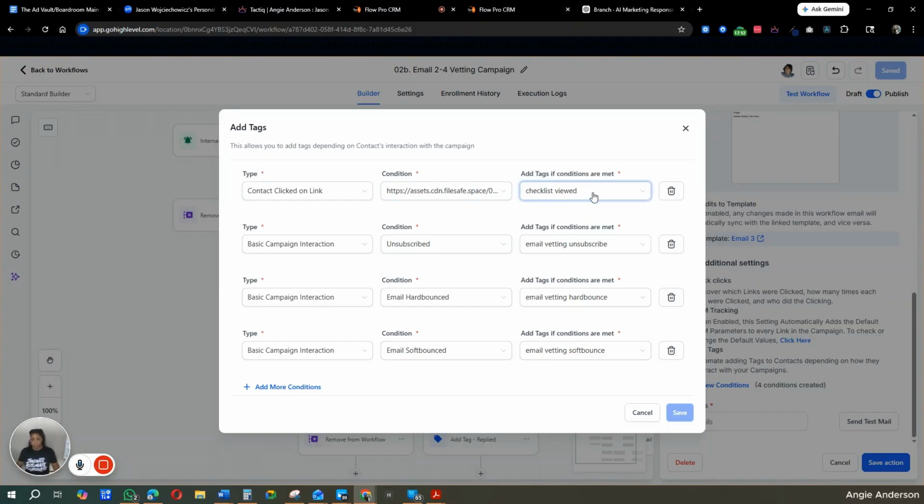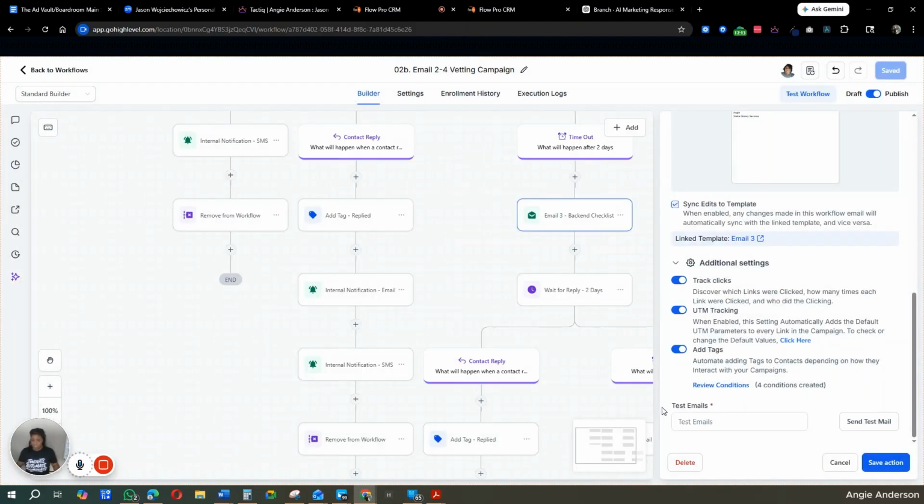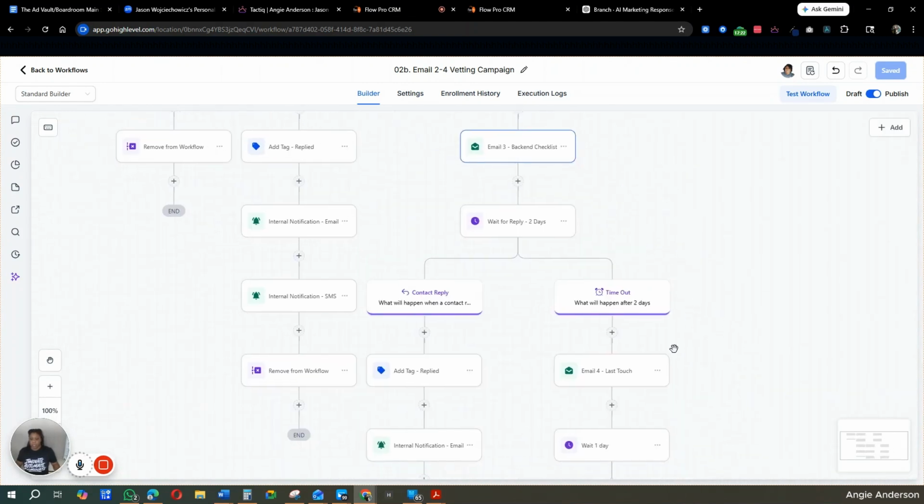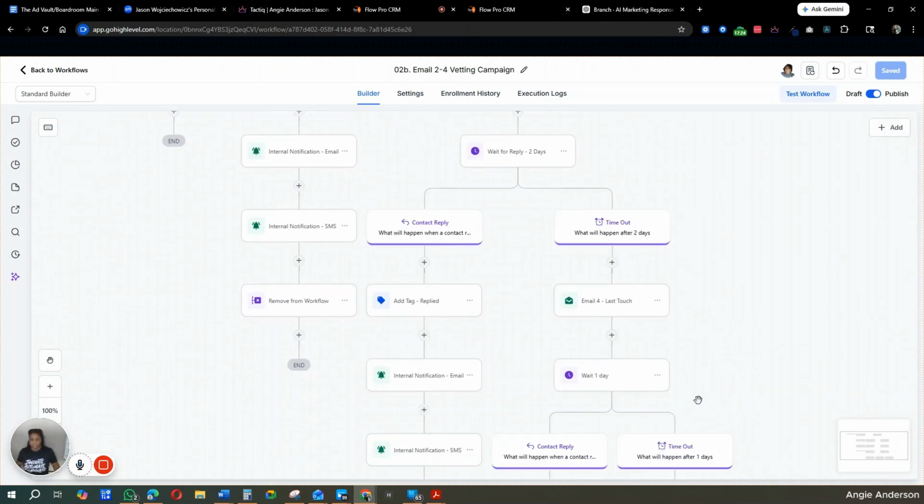And they get that. So I know they at least engaged and got a checklist. And this is how I can market differently to them as well, because they're interested. Okay, and I think the last touch point is if they haven't responded in 2 days, this is now like day, what is this? Day 3 for email number 2, day 5 for email number 3, and then day 7